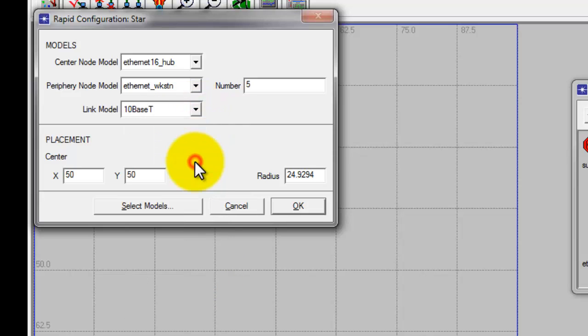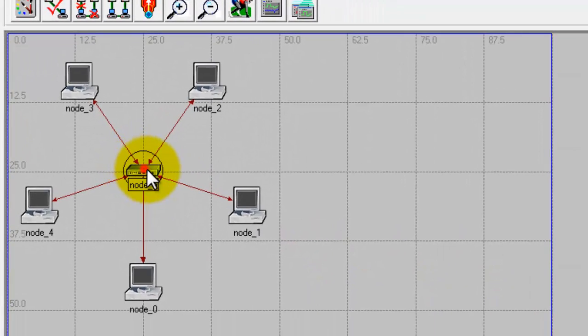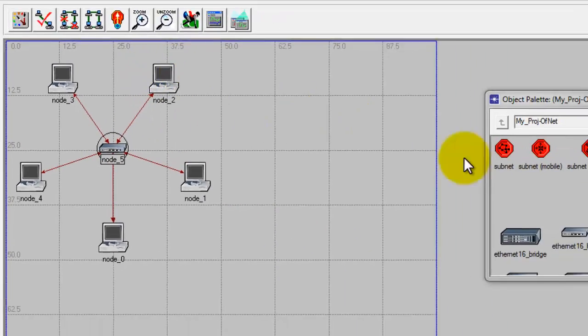The link model would be 10BaseT, X axis is 25, Y axis is 25. The radius would be just 20, and the number of nodes which we want is 5.